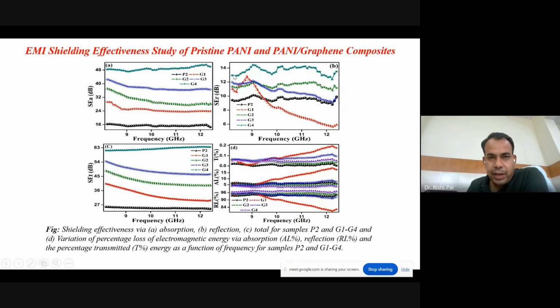Now, the main sample of our research. Here, this is the graphene nanocomposites. Here we can see in the figure, P2 is the pure sample. Here we use CTAB as a surfactant. We can see the shielding as the graphene concentration changes. G1 sample contains 2% graphene, G2 sample contains 4%, then G3 6%, then 8%. Here we can see when we introduce 8% graphene in polyaniline matrix, the shielding effectiveness of the sample is almost 63 decibel, which is very high for shielding